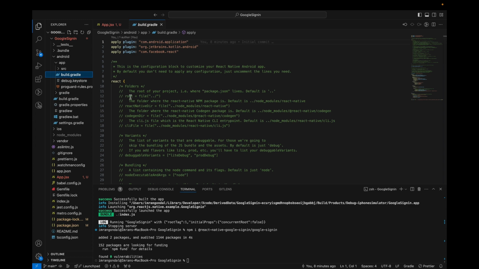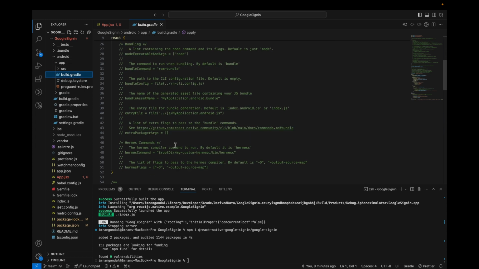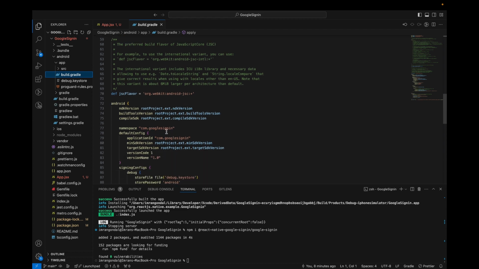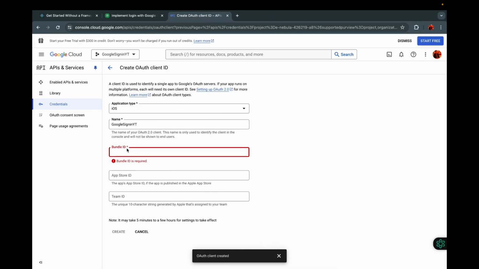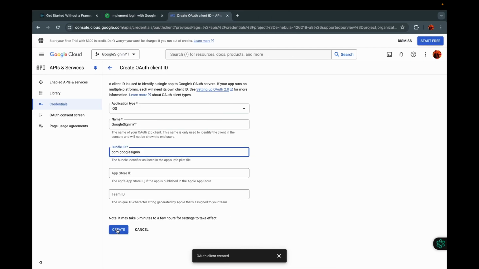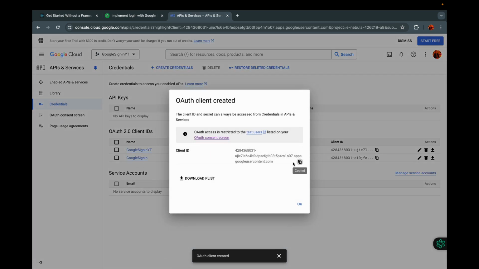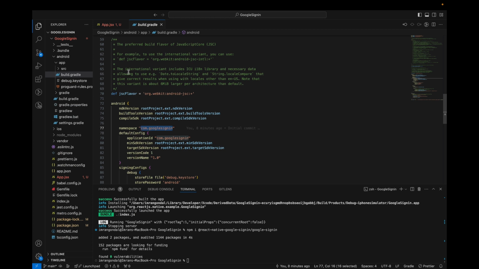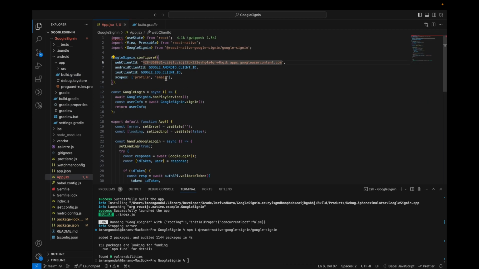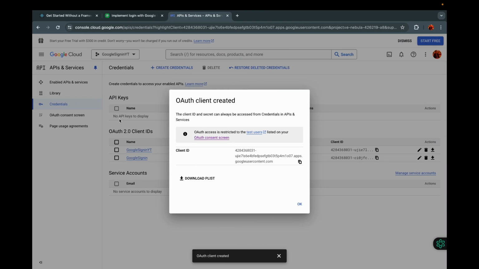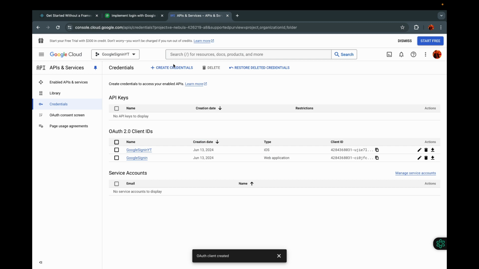Actually it's this one, build.gradle, inside the app folder, and it will be here, com Google sign in. Copy it and paste it here, and you're good to go. Create it. So our client ID for iOS is created as well. Copy it and paste it here in this iOS client ID. Make sure this is in the string, and the next step we'll have to do is we have to create